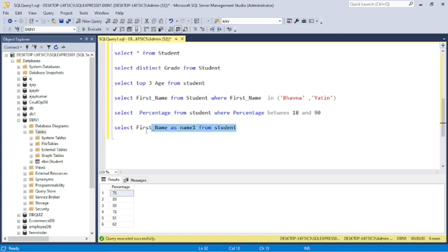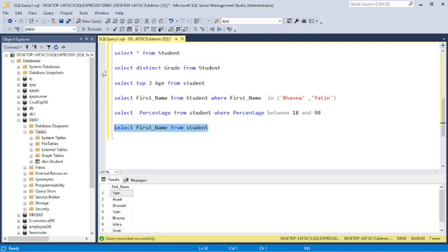Now you can see this alias and the behavior of the code. The first name is not showing; it shows name1. It refers to first name as name1. If I remove it, then it will show the full column name, first name.